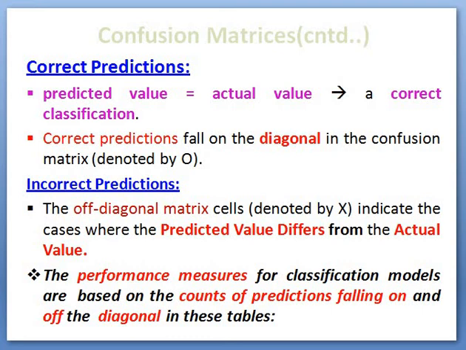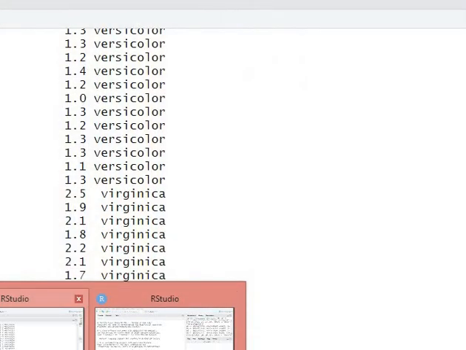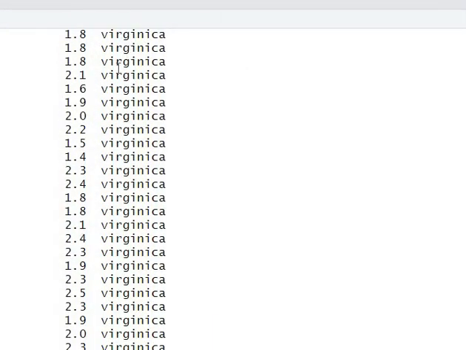I already told you that a confusion matrix has two dimensions, predicted values and actual values. Now we see what a predicted value and an actual value are. Some of the students asked me what the actual value and the predicted value are. To answer that question, we have to look at the corresponding IRIS dataset. So this is our IRIS dataset. It has fields like sepal.length, sepal.width, petal.length, petal.width, and finally a column termed species.